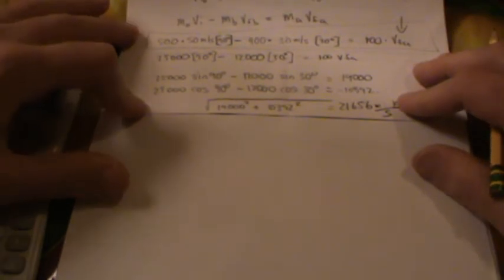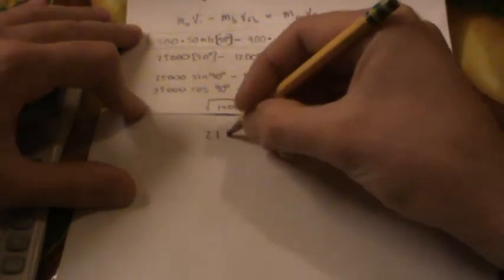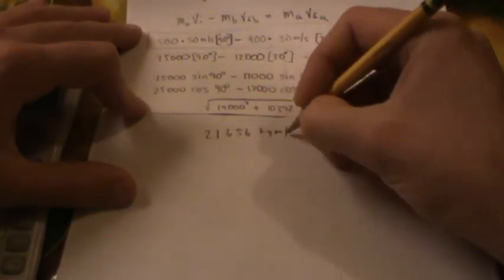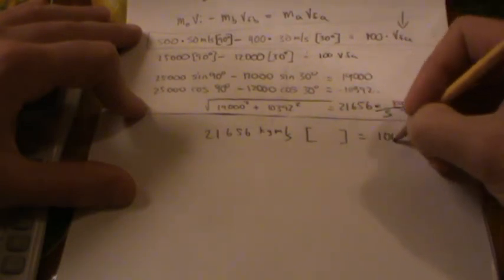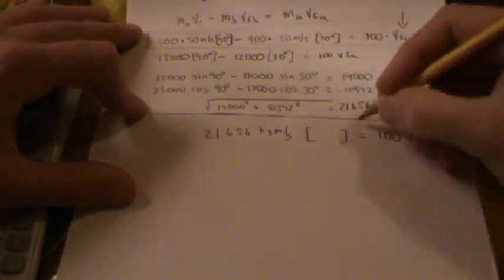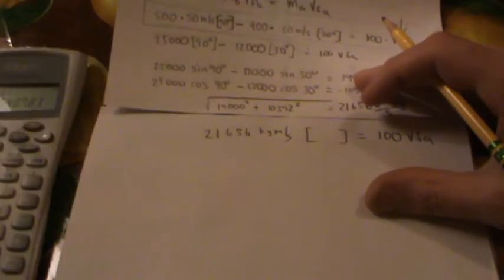And so, coming from here down, all of this is 21,656 kilogram meters per second, and this is equal to 100 V_FA, by the way. Its angle is